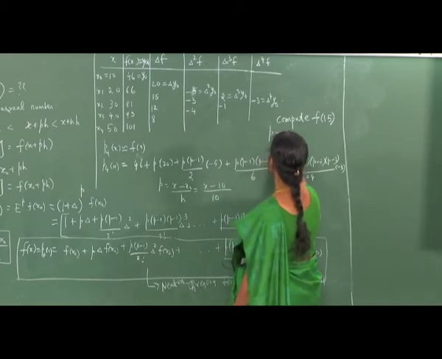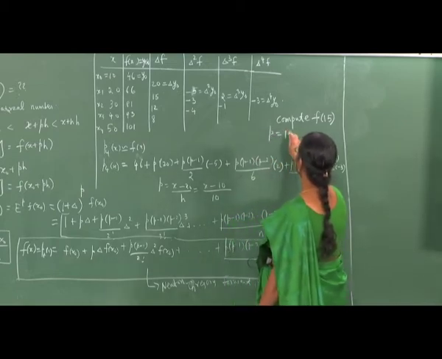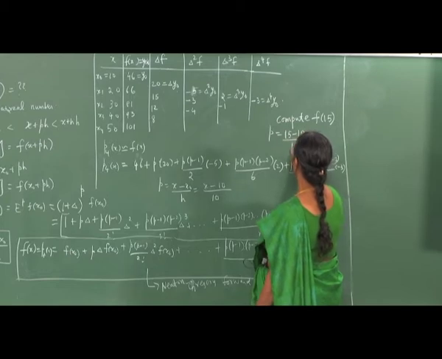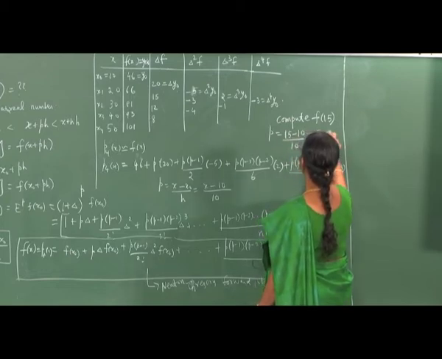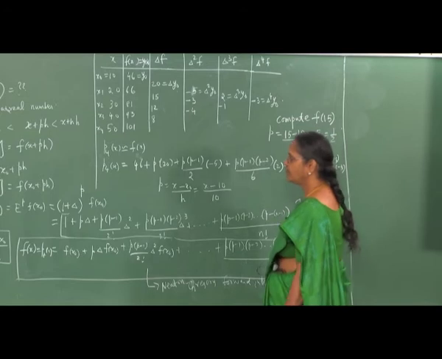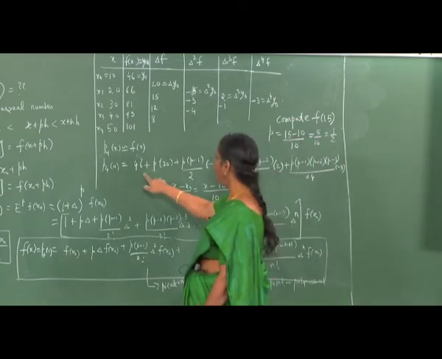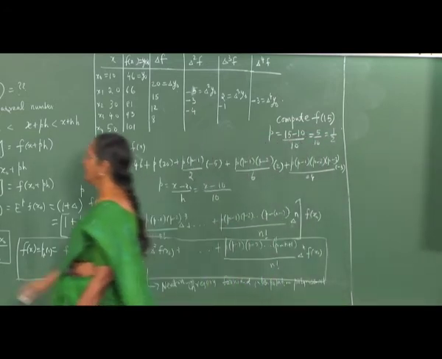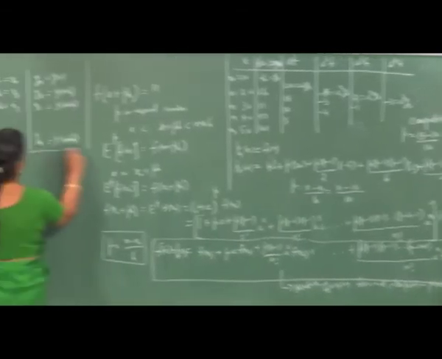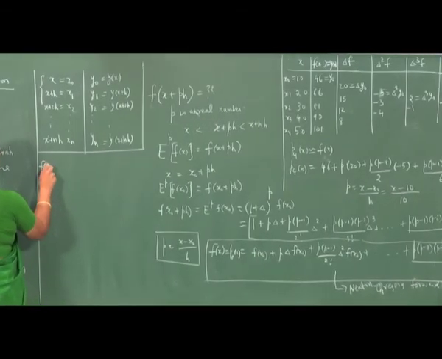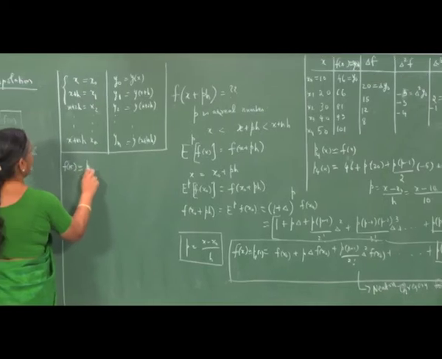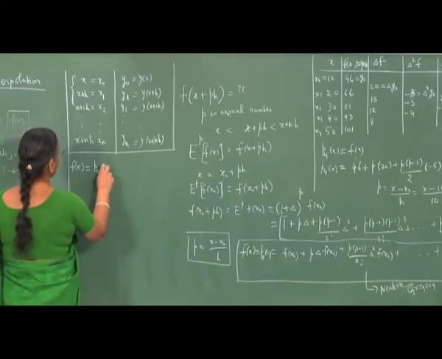So, we immediately find what p is. x is 15 minus 10 by 10, and so p is equal to half. So, we substitute p as half in this and then say that f at 15 is approximated by p4 at